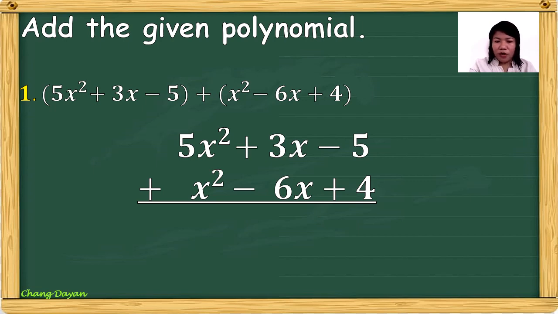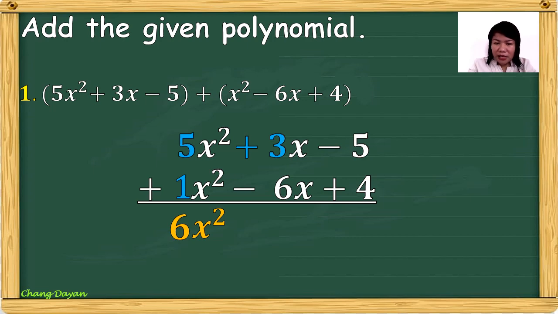So, dito, 5x squared plus x squared. Ang ating numerical coefficient ay 5 at ang invisible 1. Tandaan, kapag walang numerical coefficient, yan po ay merong invisible 1. Add lang natin ang numerical coefficient na 5 at 1. We'll have 6. Then, copy the literal coefficient, which is x squared. Next, we have